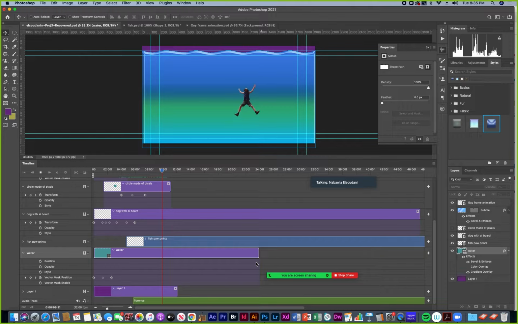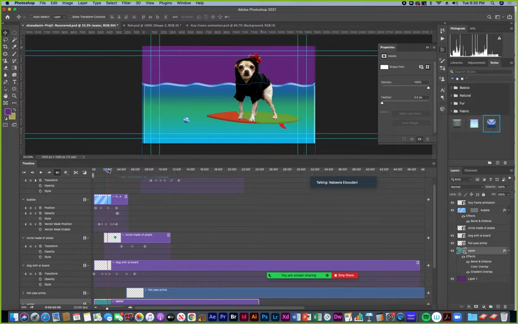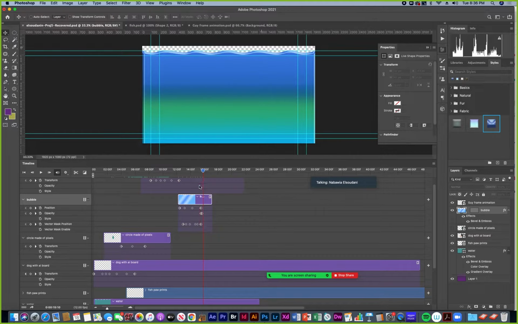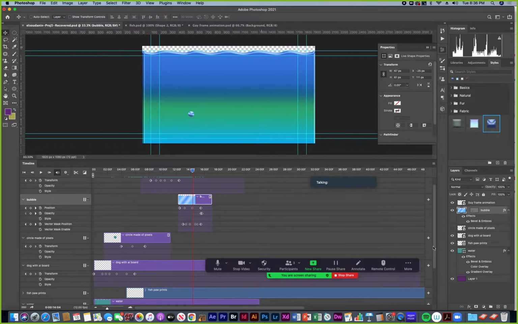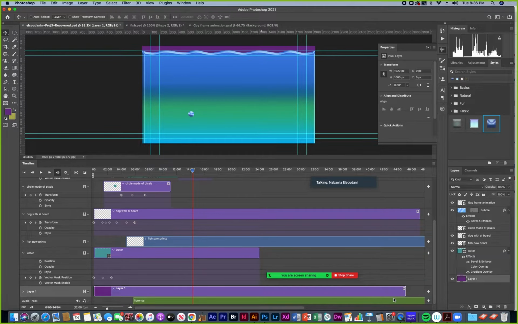Extend that out. Maybe the bubble can come in later. There's probably too much going on at the beginning. It'll look better later to keep things popping. Maybe this one extends longer.